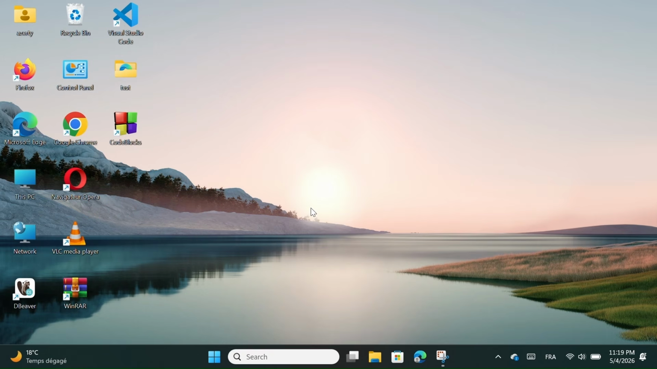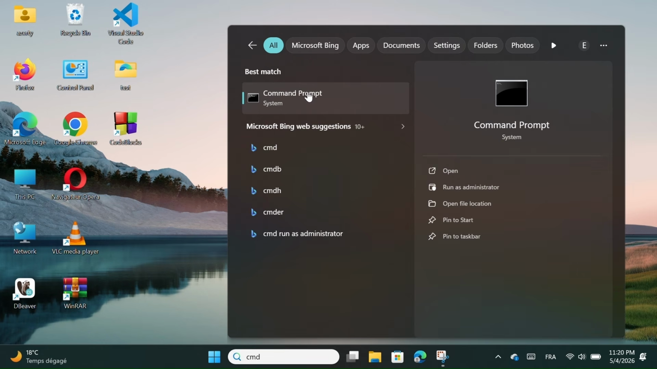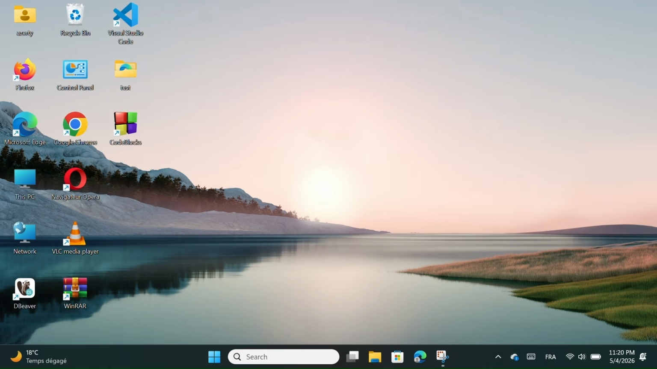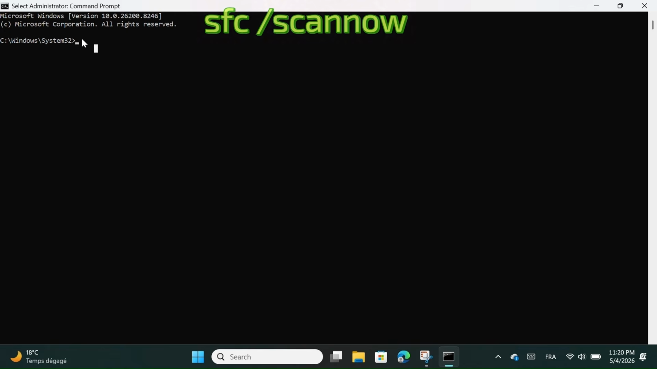Alright, here's a quick tip that can actually fix a lot of hidden issues on your PC. We're going to scan and repair your system files using a built-in Windows tool. First, go to Search, type CMD, and open it. Make sure you open it as Run as Administrator, otherwise this won't work. Once the command prompt is open, type this command: